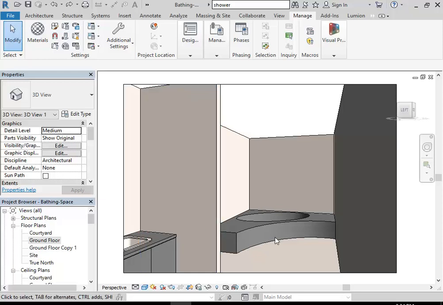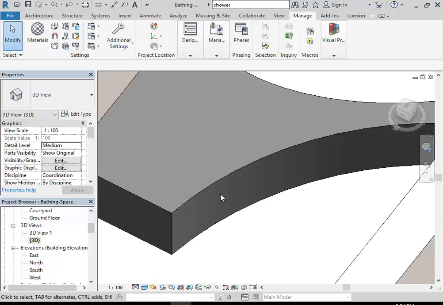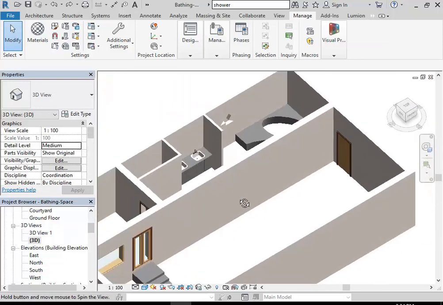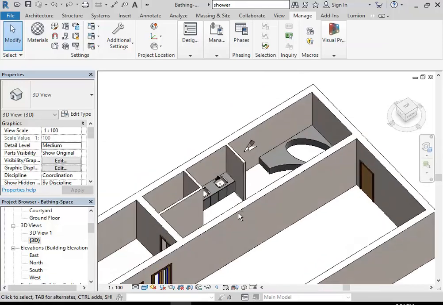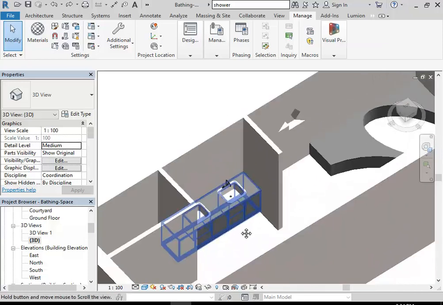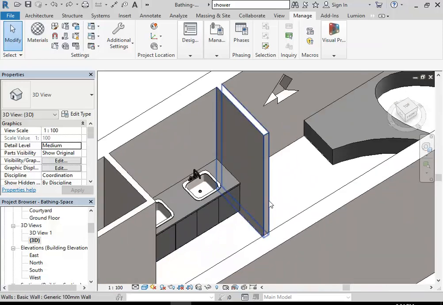Okay, so I've got a very simple setup here for my bathing space, and obviously a long way to go still, but even at this stage I can start to look at the setup for my materials and maybe start to make some of the important materials that I want for my design. And so I'm going to start with the wall,